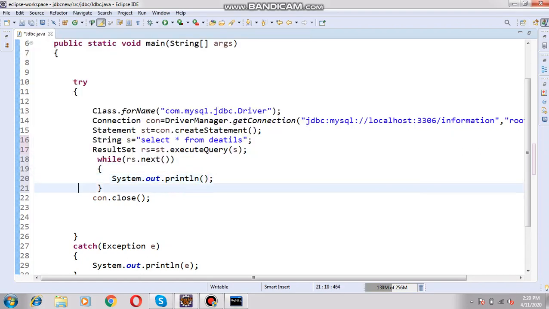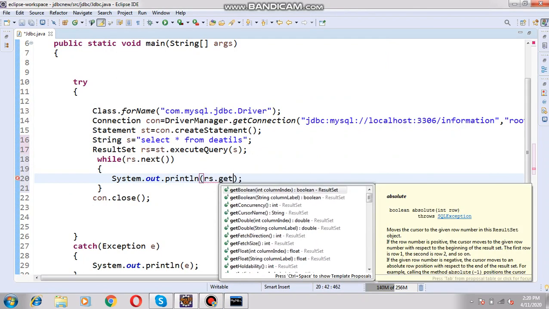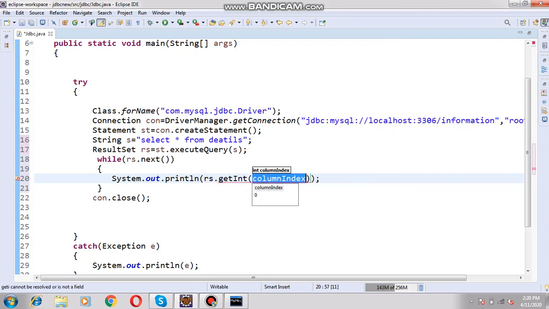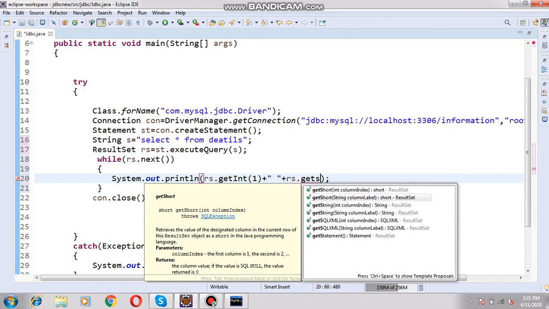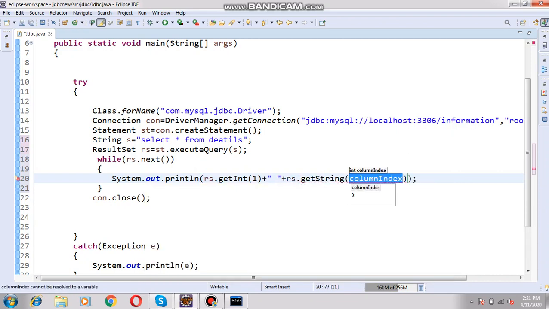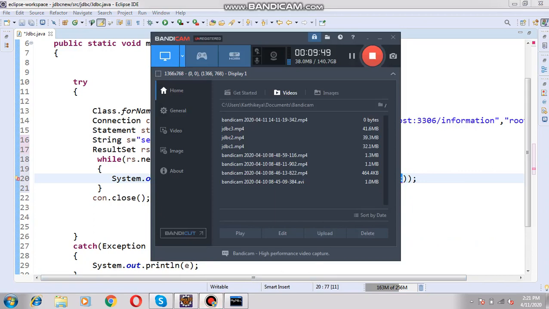So whenever you are calling here, we have to represent integer and string. So rs dot get integer, the first column, plus rs dot get string, the second column.